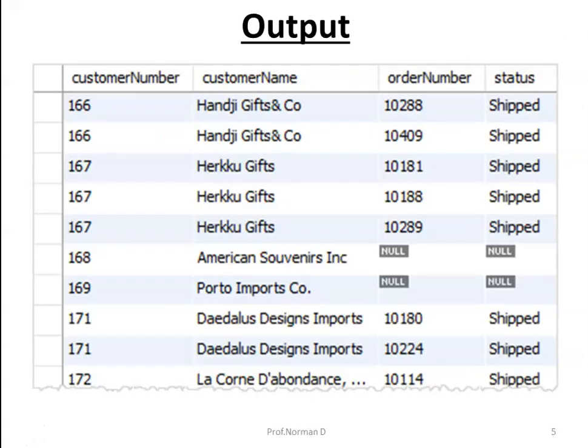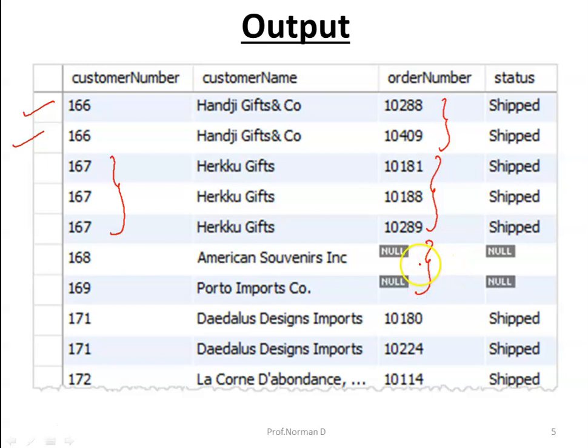So the output would look something like this. Customer number 166, there was a match. 166, again there was another match, some other order number. So here the order number varies. Customer number 166 had placed 2 orders. Customer number 167 had placed 3 different orders. Customer numbers 168 and 169 have never placed any orders.